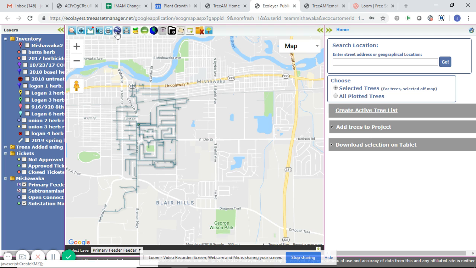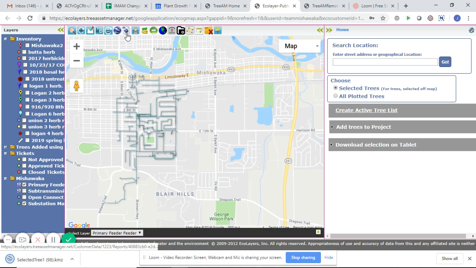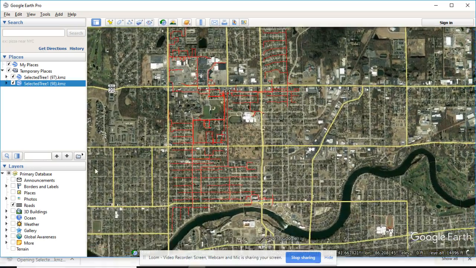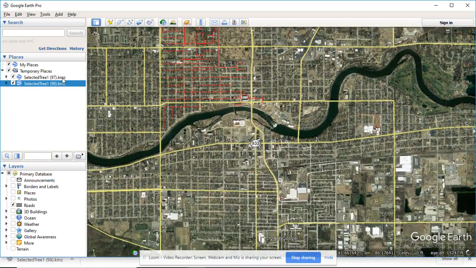Now we want to export this to Google Earth. We're going to click on the globe and you'll see this little image popped up. It looks like a piece of paper with the globe on it. That will download your KMZ. So we click on the link and our KMZ is downloaded into our downloads folder. We're going to open this up and it will populate